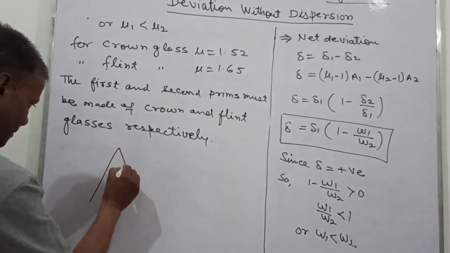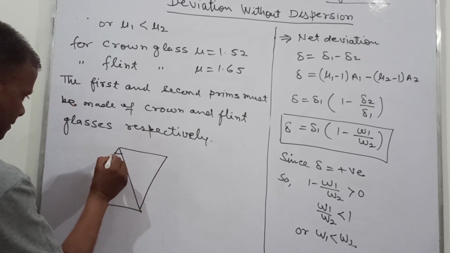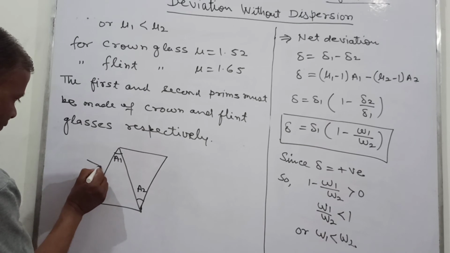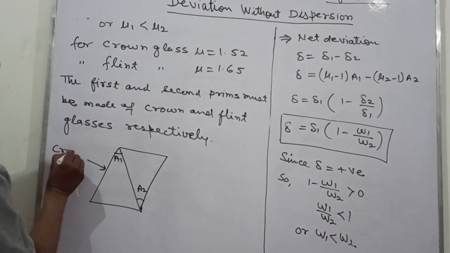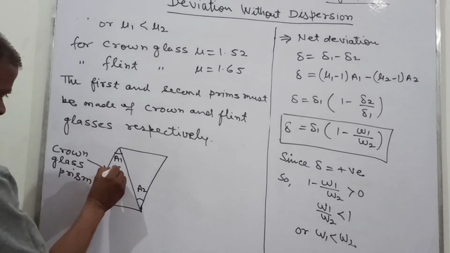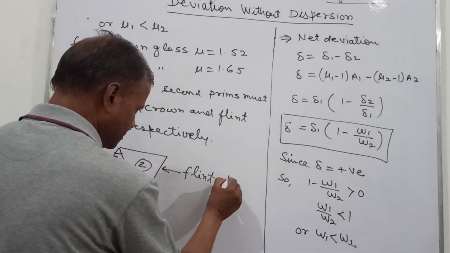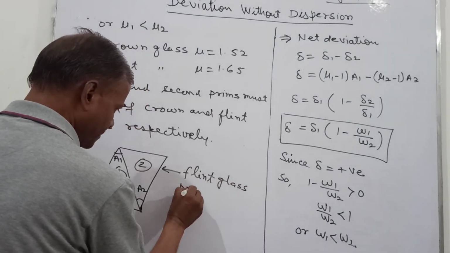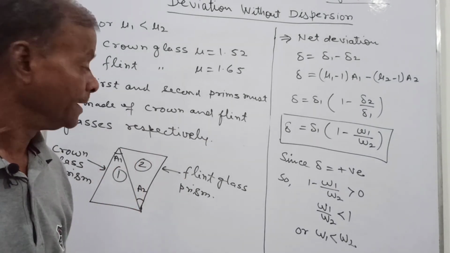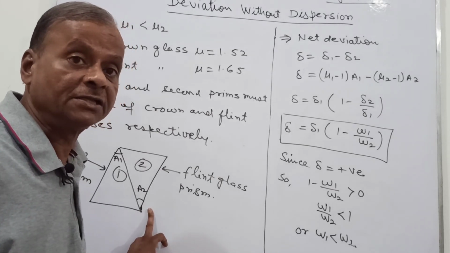तो मैंने आपको इसमें बताया कि भाई ये प्रिज्म है, और दूसरा मैंने प्रिज्म आपको ये बताया, ये है आपका A1 और ये है A2। तो ये जो प्रिज्म है this must be of the crown glass, this is now first prism, this is now second prism, ये होना चाहिए फ्लिंट ग्लास प्रिज्म। अब इसमें जैसे आप देख रहे हैं कि एक प्रिज्म को अपोजिटली अरेंज किया जाता है, एक का जो एंगल ऑफ रिफ्रैक्शन होता है ऊपर की तरफ होता है, दूसरे का एंगल ऑफ रिफ्रैक्शन नीचे की तरफ होता है। तो प्रिज्म्स आर अरेंज्ड इन द अपोजिट ऑर्डर।